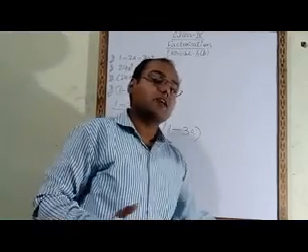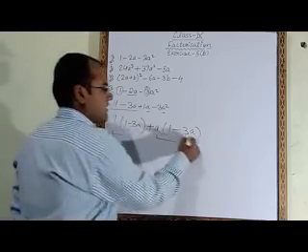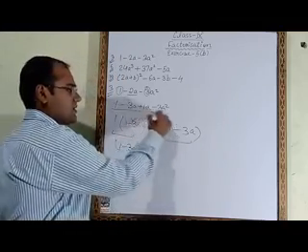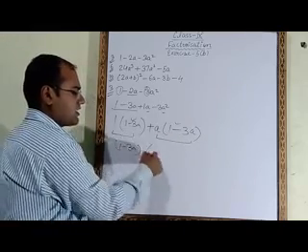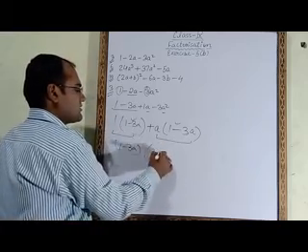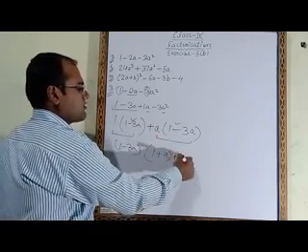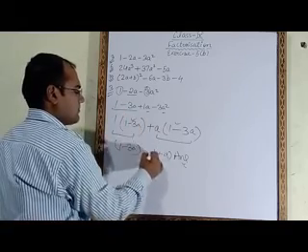Now what will be the next step? This is one term, this is the second term. From these two we will take 1 minus 3a common, since 1 minus 3a is coming here also and here also. In another bracket we will write the remaining part. The remaining is 1 plus a. We have taken a common from the second term, so 1a is remaining. So like this you have to do question number 3.